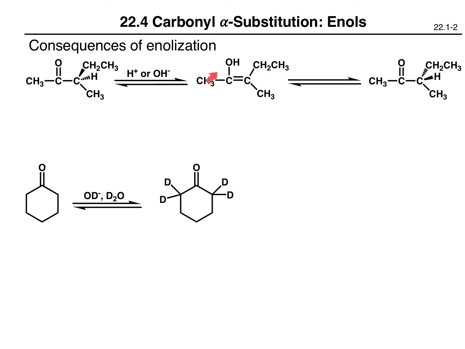Now this enol form will equilibrate back to the keto form, but as this reaction happens, it will be equally likely for the hydrogen to become connected to the back of this carbon, which would give the original compound back again,